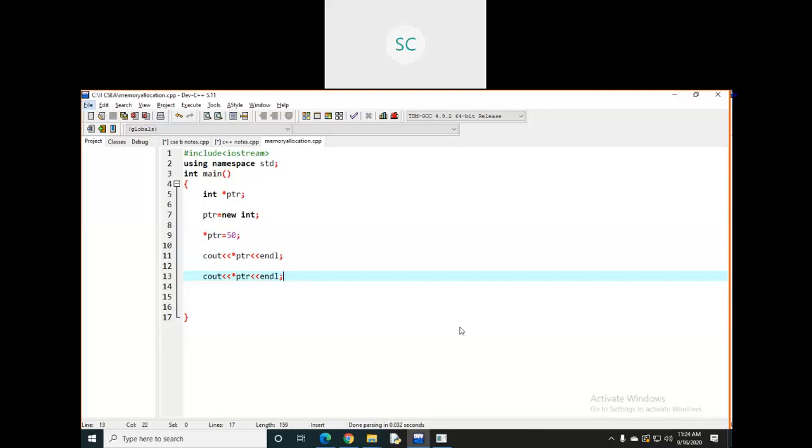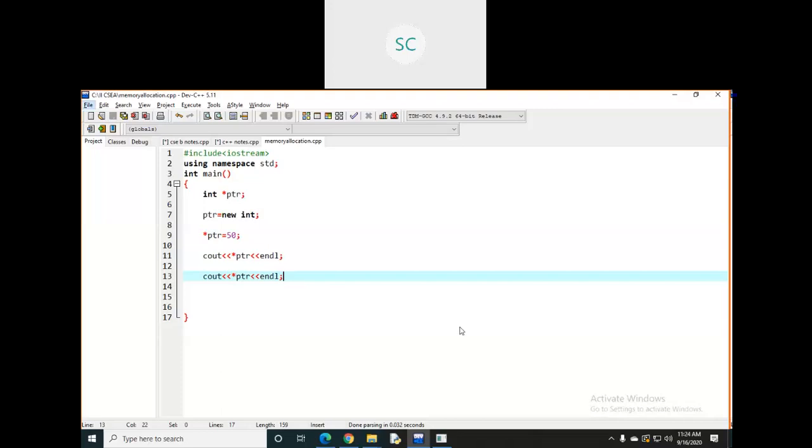Whatever the memory you have allocated here, that memory you need to deallocate. If you consider some other programming language like Java, Python, C Sharp, they have one new concept, that is garbage collection. That garbage collector will remove whatever memory you have allocated dynamically. That memory is going to be deleted automatically. But in C++, we don't have an option like that. Once you are allocating memory dynamically, you need to deallocate that memory. After using that memory, you simply delete that memory.